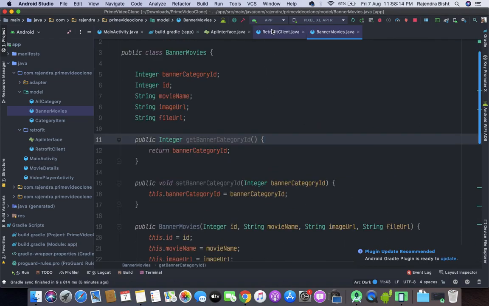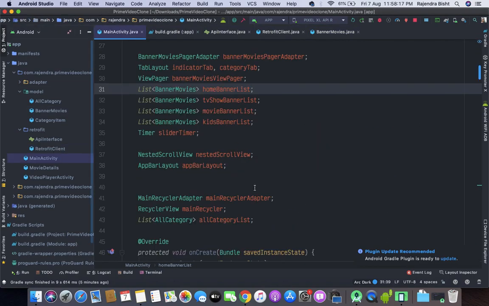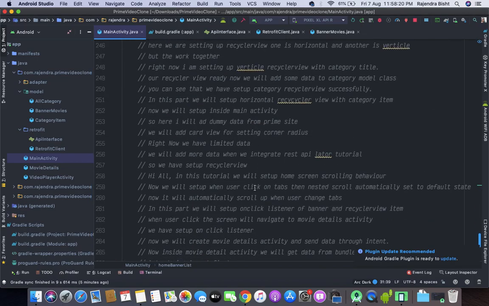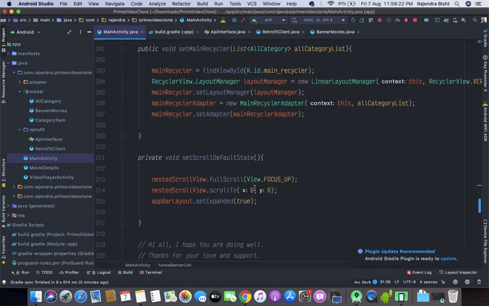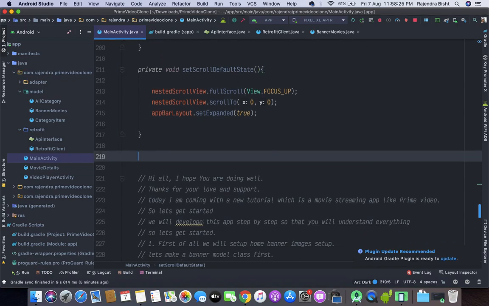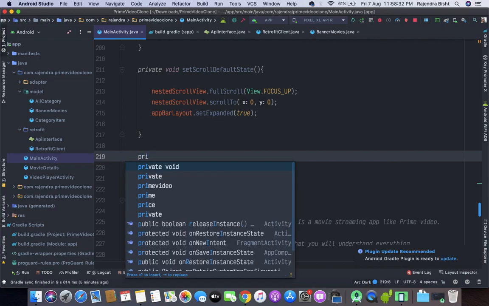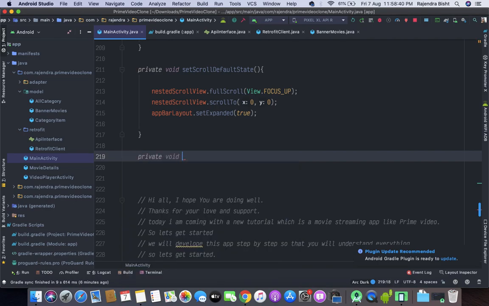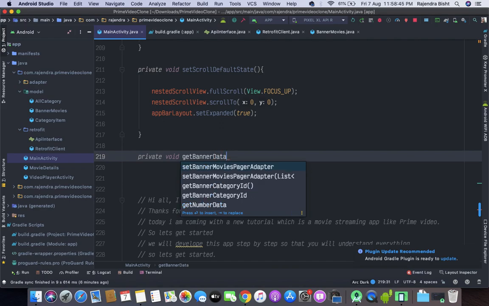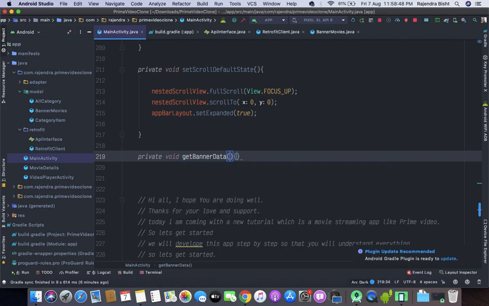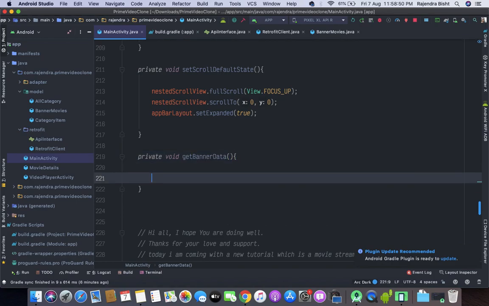Okay, now inside the main activity here I will create a method, let's say getBannerData.